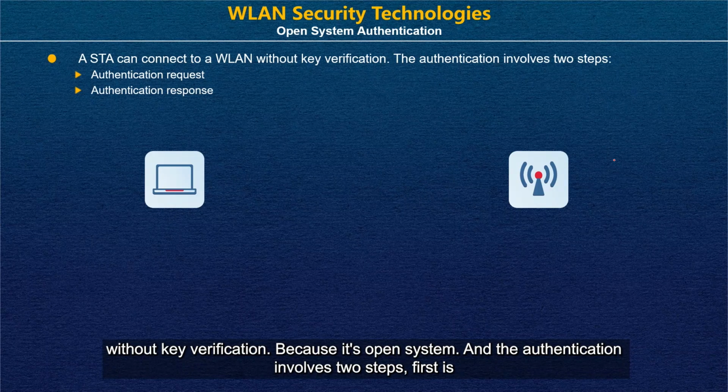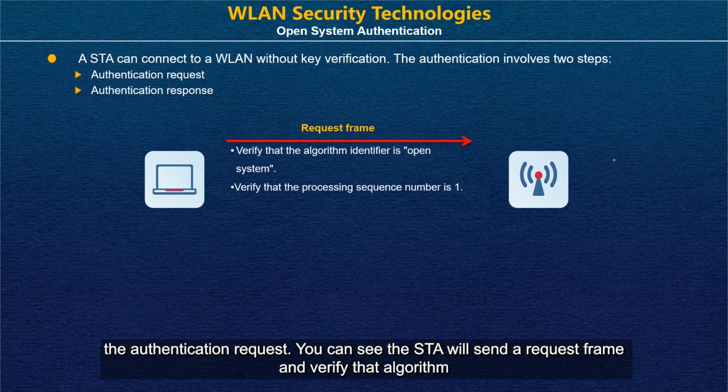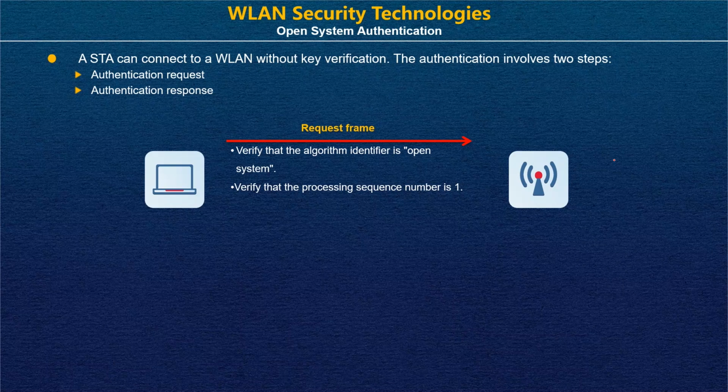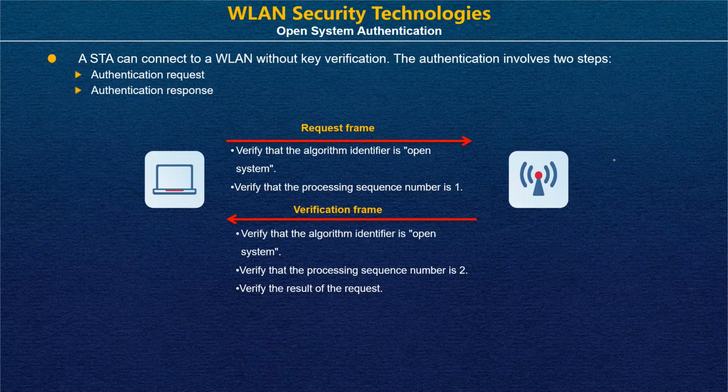And the authentication involves two steps. First is the authentication request. You can see the STA will send a request frame and verify that the algorithm identifier is open system and the process sequence number is 1. After receiving the request frame, the AP will send a verification frame, actually an authentication response, to ensure